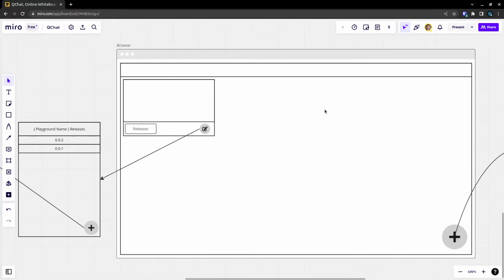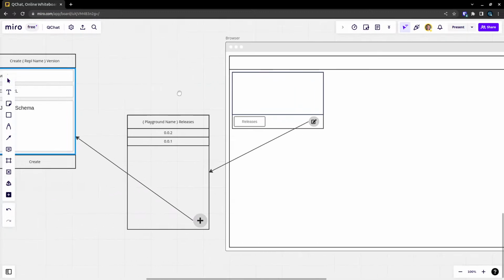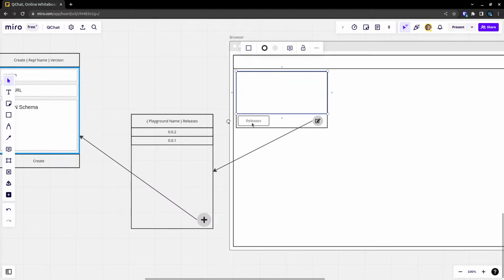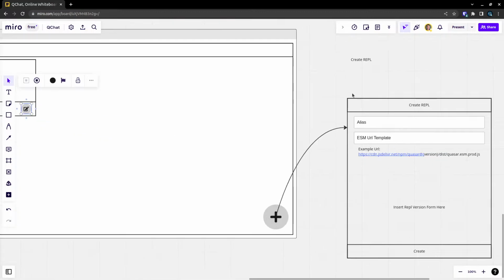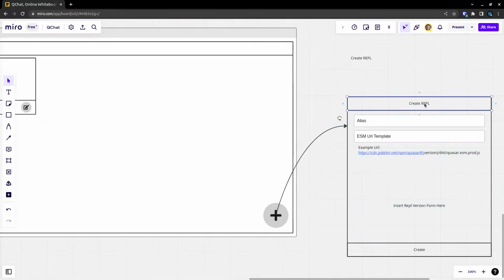Basically, we've got a dialog that shows up and shows all of your playgrounds. And this is an example of one of those playgrounds. You can take a look at releases, which will show you that dialog. I've got my arrows mixed up. And you can also edit one of your playgrounds. So let's come in here and call this create